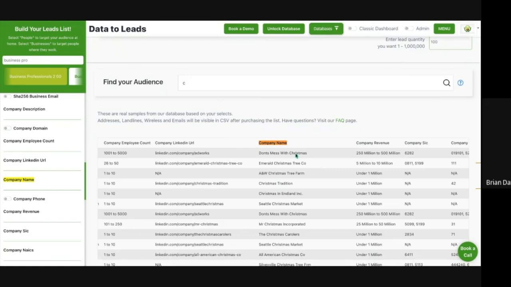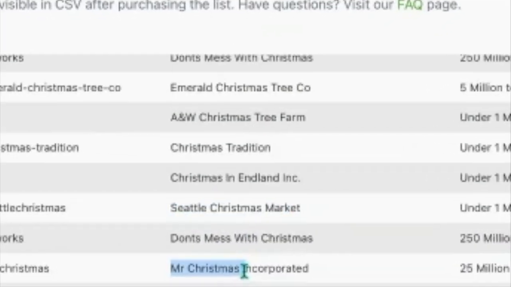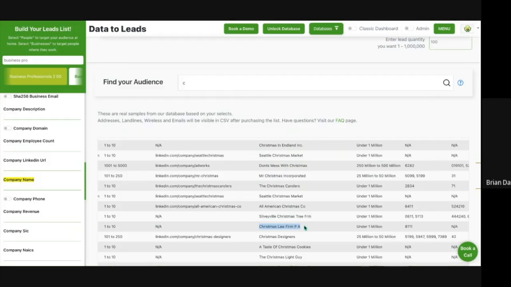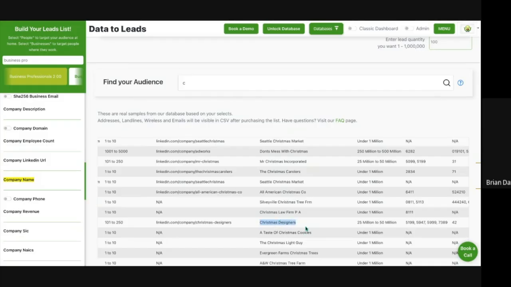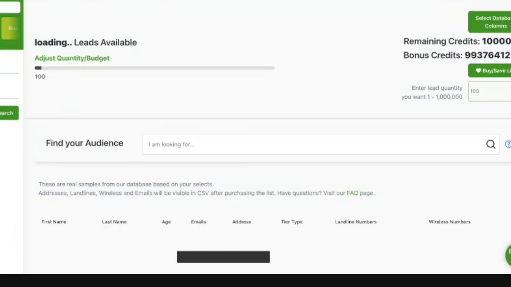Don't mess with Christmas. That doesn't make sense. Emerald Christmas Tree Co. A&W Christmas Tree Farm. Okay, that's ratio. Out of the first three, two of them are a hit. Christmas in England, I don't know what that is. Christmas Market, no. My Christmas Incorporated, that doesn't tell me enough. Christmas Law Firm, he must be fun at parties. Christmas-like guy. So before I make another list, I'm going to go look up Tree Farm